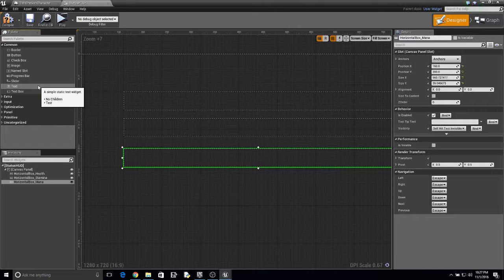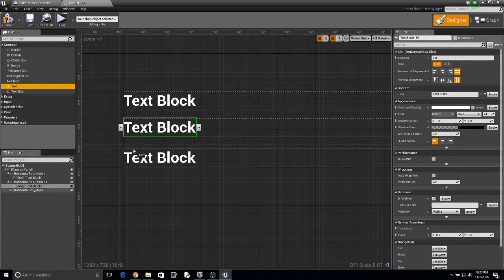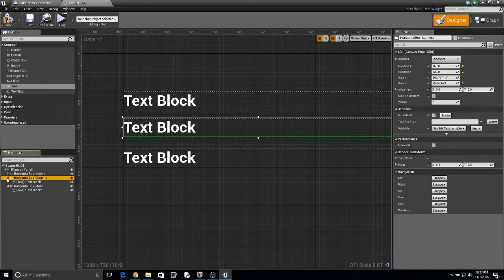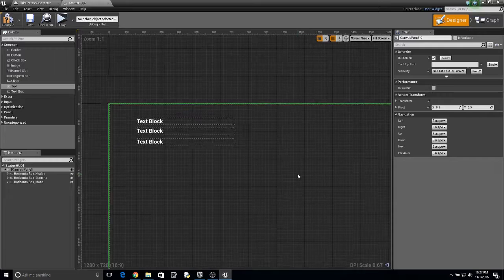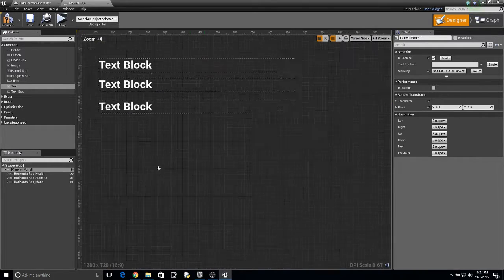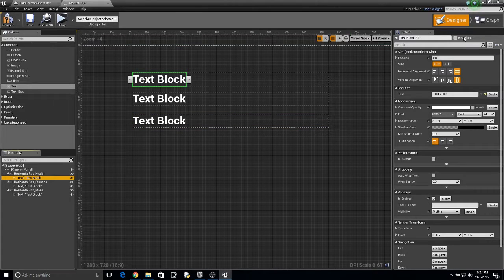And we're just going to go into the comments tab, grab a text, just drag it into each horizontal box. This is called the hierarchy. I forgot to mention this. In the hierarchy we have the canvas panel, the large screen. This is what our screen would be referenced in. We have our horizontal boxes that are inside the canvas, and then of course our text blocks that are inside the horizontal boxes. We're going to click this text box, name it health,